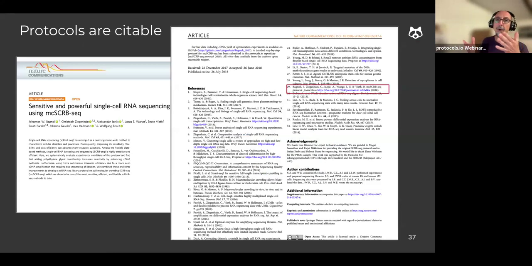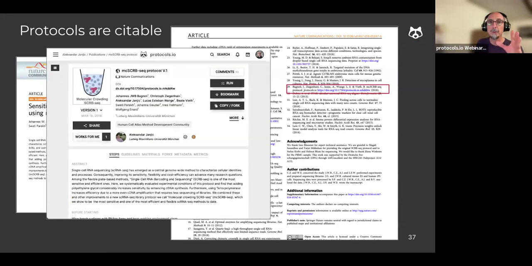And as I mentioned before, a published protocol in protocols.io with an assigned DOI is a citable object that can be referenced in a paper, giving credit to the author's methodological work. Now, the reference will also be linked to the protocol in the platform, so the reader will have access to the interactive step-by-step protocol, even if the paper was published behind a paywall.